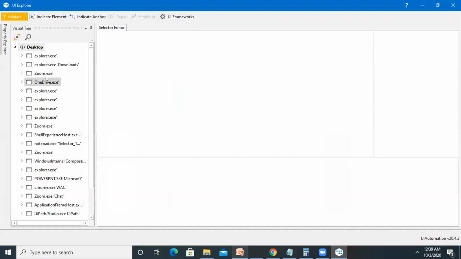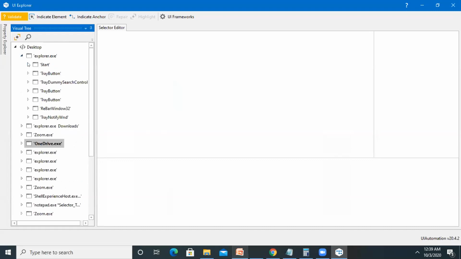So it's recommended not to use ID, and you can select the class. Class will work better because class is not going to change for any website, but ID changes on some websites. Only about 20% of websites we can say are static, but the rest 80% are dynamic. So it is better to use class, not ID.